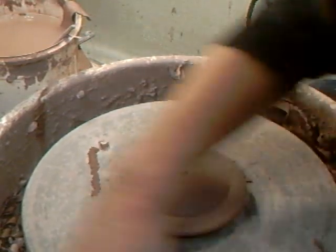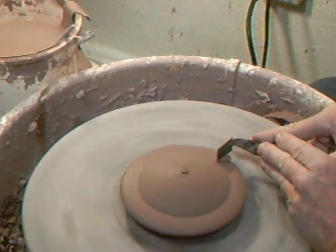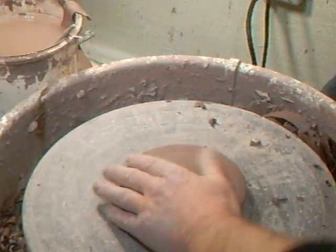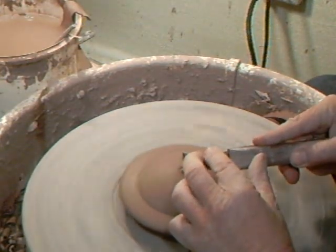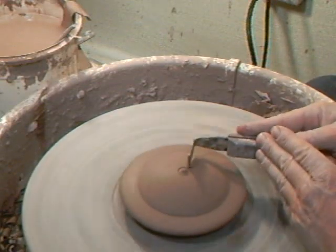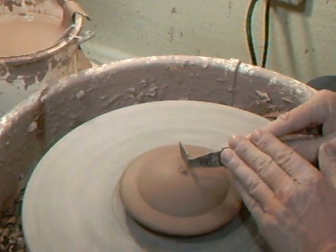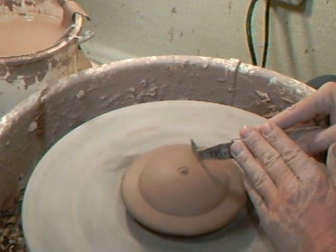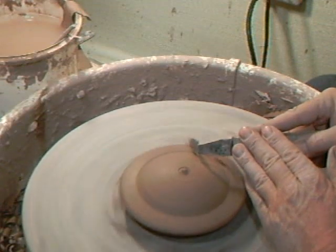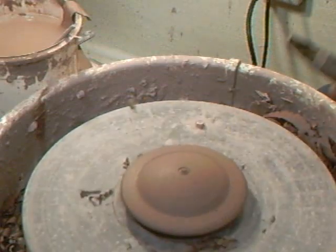These bits of shavings here are making a bit of a noise around the edge of the wheel. Pesky, so it says. Well, that means I'll have to clean out my wheel. Dear, dear. I don't clean my wheel out more than I need to. I expect there are full-time professional potters that don't need that. You kind of empty it when you have to. All right, now